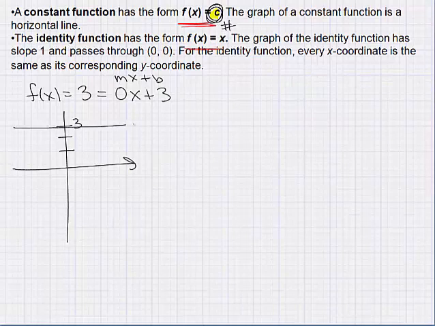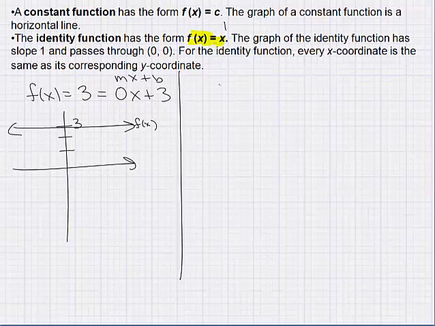That would be this horizontal line through 3. This would be the graph of my function f of x. Another common function in terms of linear functions is something called the identity function. So if I look at this identity function here, the identity function is this function f of x equals x. Okay? If you look at f of x equals x,